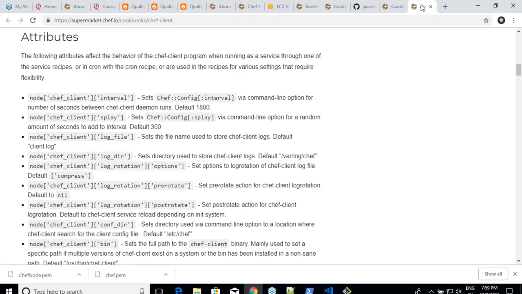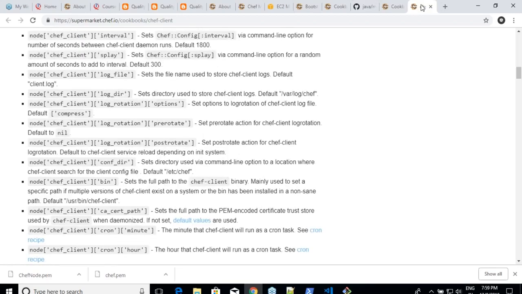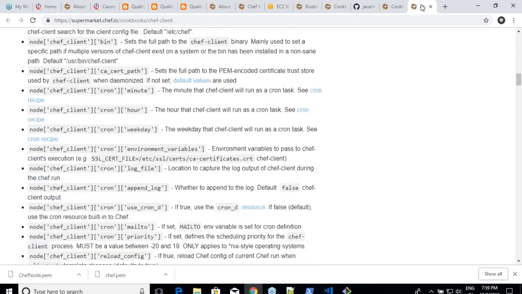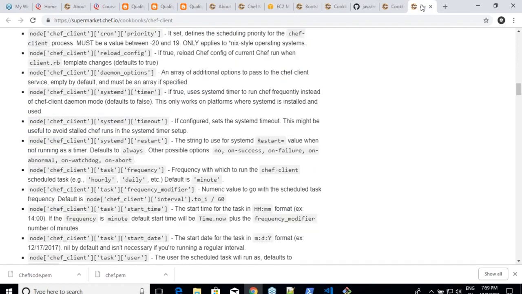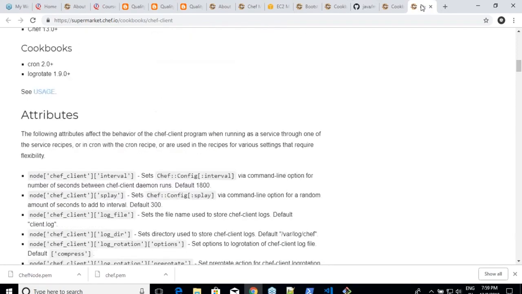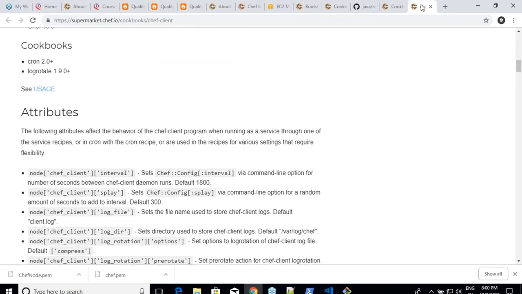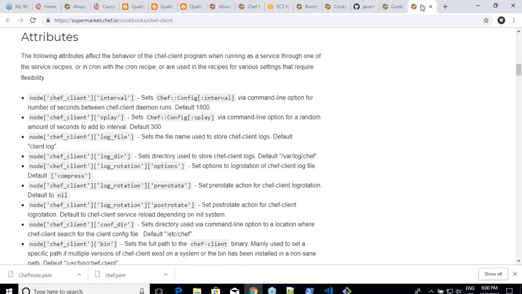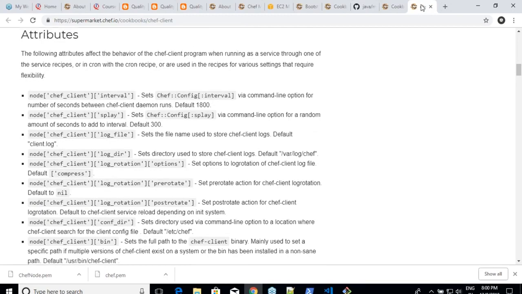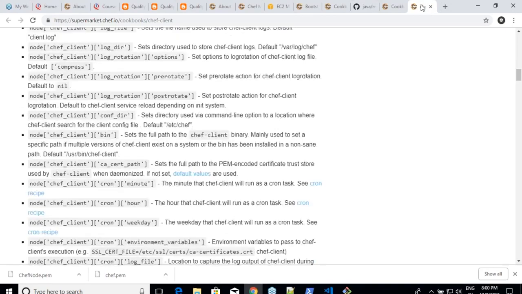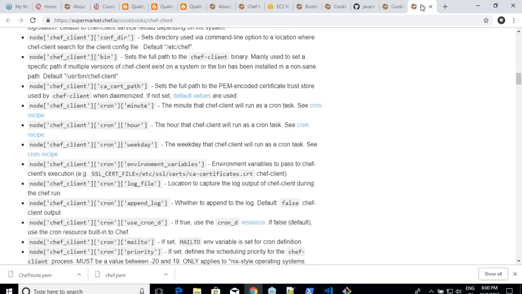I want you to read through this because it will have all the locations you want. What is the log file path? In Chef, there will be questions on where you can find logs when something goes wrong. Are you seeing the chef client log directory and log file? How can I change the log rotation times? Are you seeing something with respect to log rotations? When I want to execute the chef client on a schedule, how can I do that? Are you seeing cron jobs?